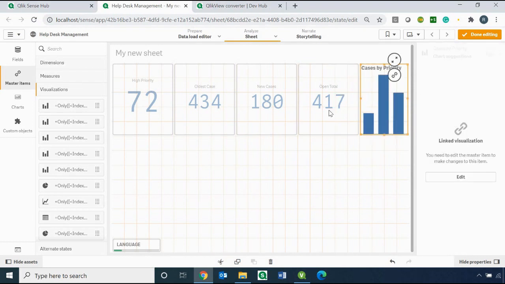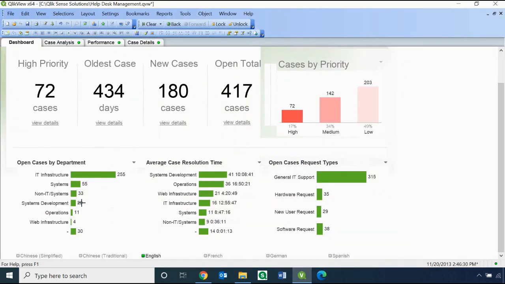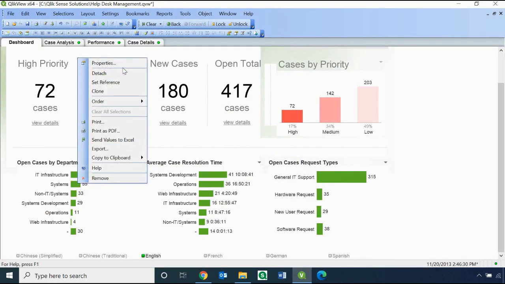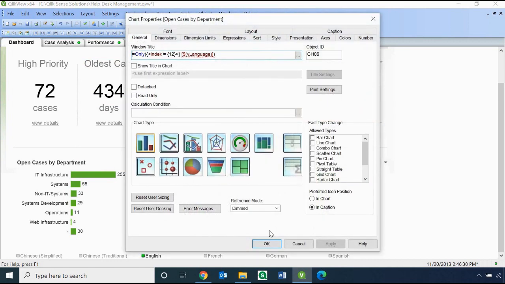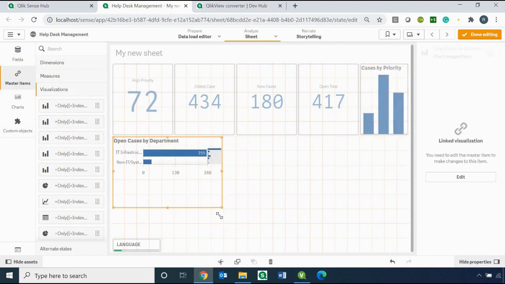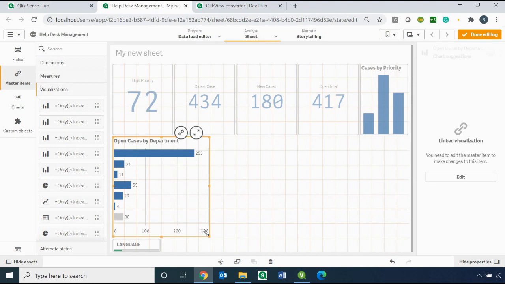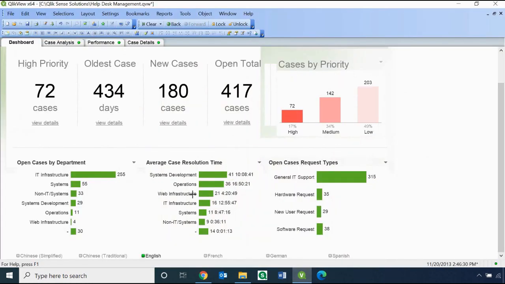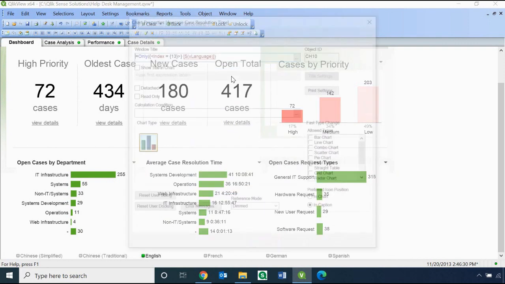Okay, so we have got our first chart. Then let's check the index ID for the second one. So it is 12. Go back, and this is 12, so I'm just going to drag and drop that. Okay, the third should be 13, I guess.